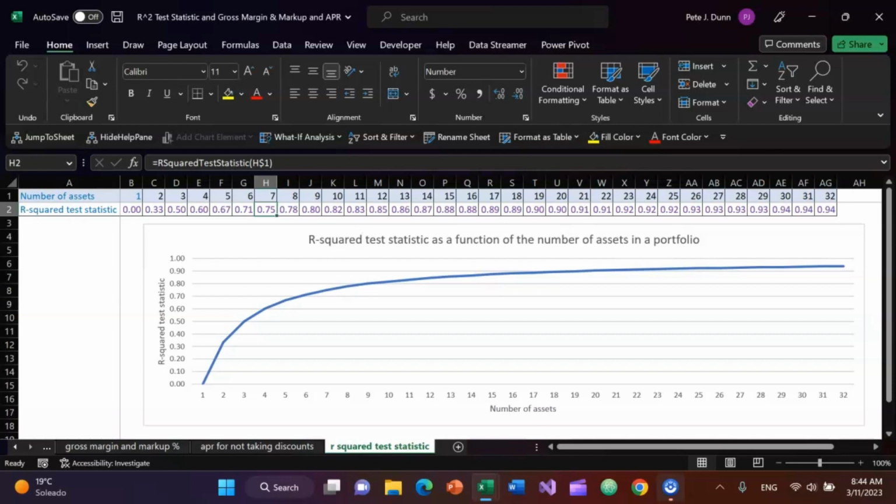Now, R-squared test statistic, which is covariances as a percentage of total variances, has its own issues with it. Covariance measures the directional relationship between the returns of 2 assets, but it doesn't look at correlation coefficient. Correlation coefficient represents the strength of said directional relationship between the 2 assets. So R-squared is a good rough rule of thumb. Get it as close to 1 as possible, but also recognize there's a marginal benefit to diversification, and there's a